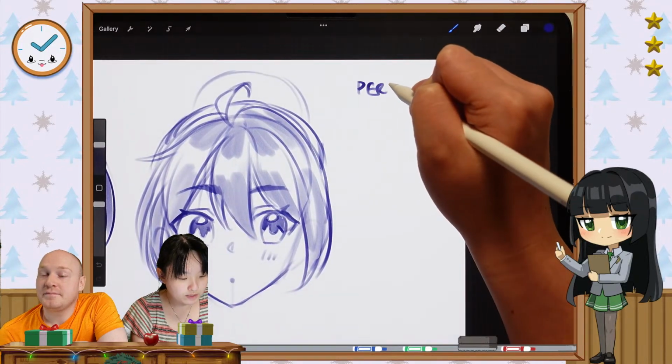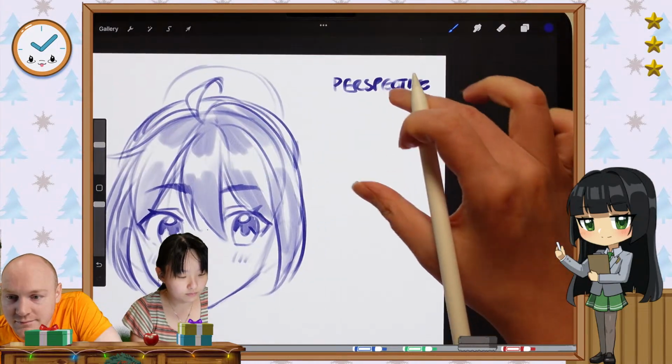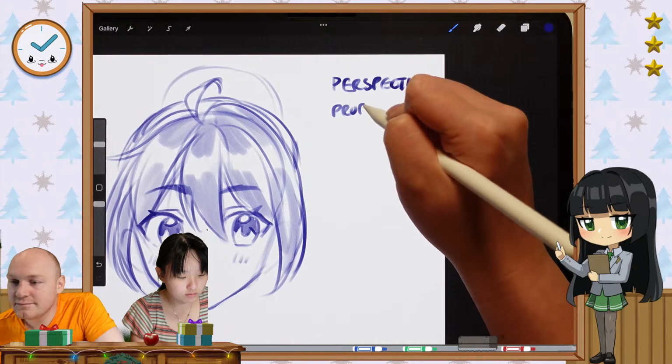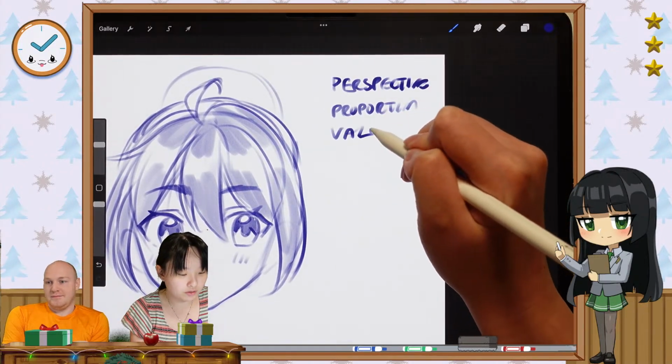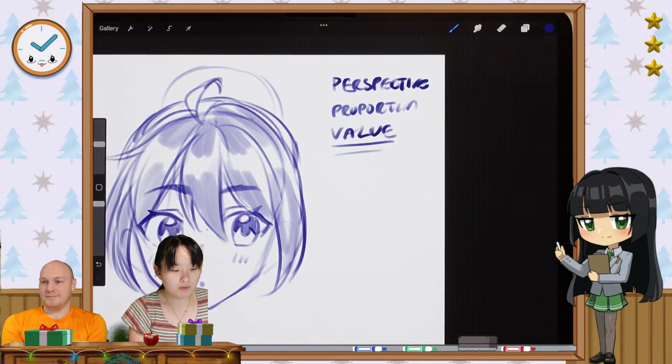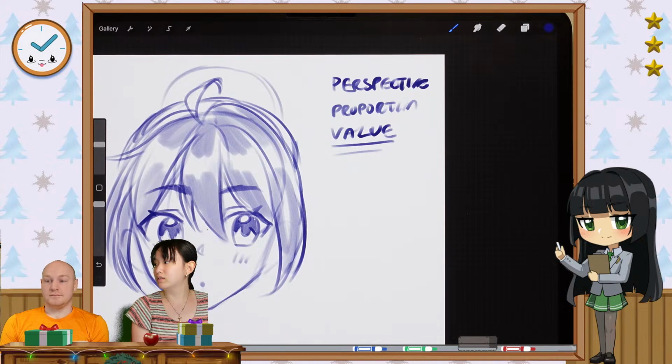We see a lot of perspective issues because that's dimensional drawing, and proportional issues in figure drawing or in environments. Value, color, but more so value. That's just because they don't have enough experience and practice.